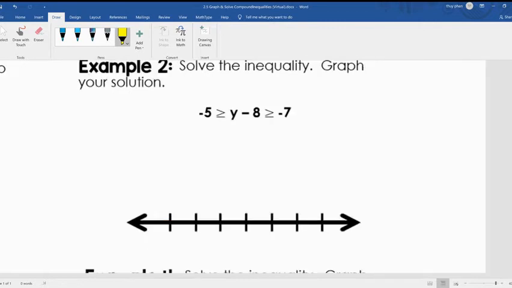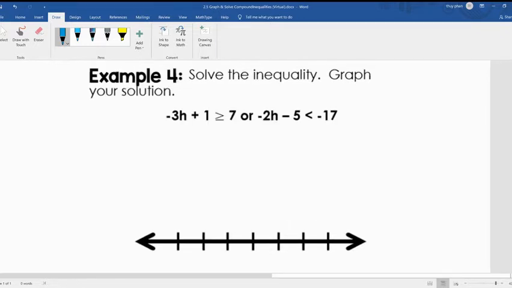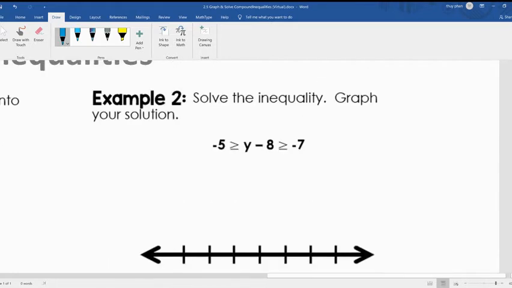Let's take a look at the next example. It says solve the inequality and graph the solution. There are actually 2 ways to solve this, but I'm going to teach you the first way with the word "and" in between. When you do this, you do need to have the "and" in between. So what I see here is -5